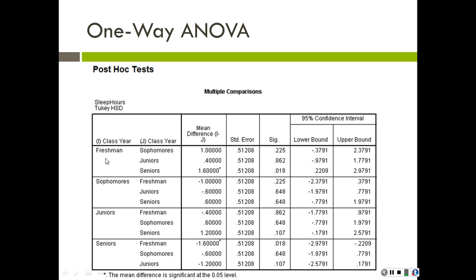And you can see that in the mean difference, it's giving you the difference between the means, right? So it's saying that for freshmen and sophomore, there's a difference of 1. For juniors and freshmen, there's a difference of 0.4. And so it's doing that. So when you're looking at these,